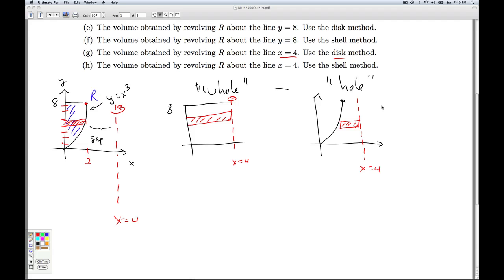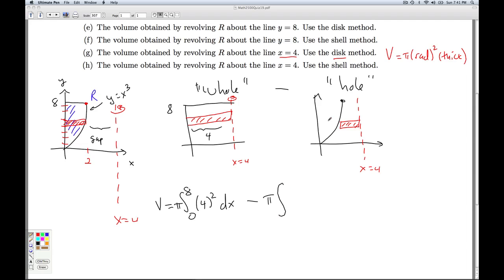Now we remember the formula for a generic disk. The volume is pi times the radius squared times the thickness. So V is equal to, I'm integrating, I'm chopping up the y-axis. So the thickness is going to be the dy or delta y, and I'm going from, oops, don't forget my pi, 0 to 8. And the radius, remember, of the disk is the distance from the axis of revolution back to this curve. Okay, now how far is this going to be? Well, this is x equals 4, that's x equals 0, that's a constant 4. So that's going to be 4 squared dy